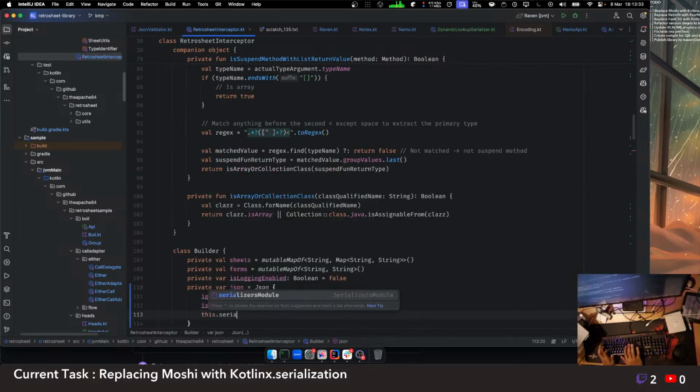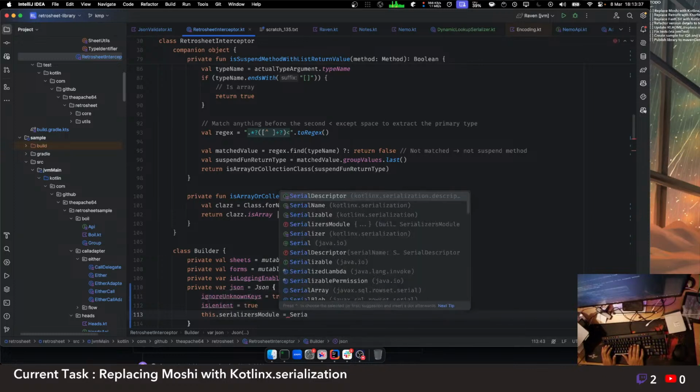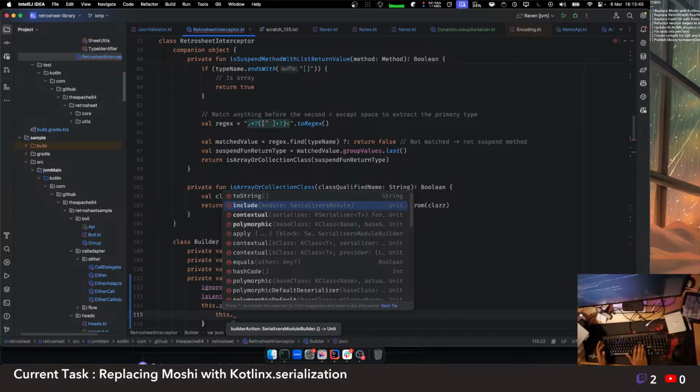Let's see serializer module. There is a serializer module, and what I can do is I can do this, and it's a builder action. And what do I have inside this? I have include, and I have contextual, and I have polymorphic. And let's say